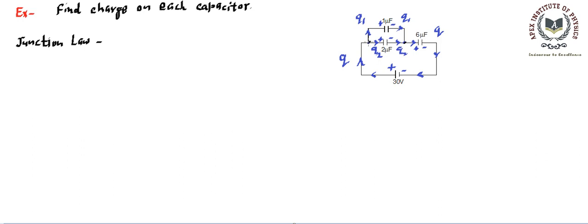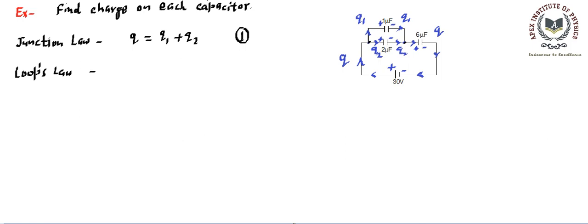Let's say at this junction, the incoming charge is Q and the outgoing charges are Q1 and Q2. So the equation becomes Q is equal to Q1 plus Q2. That's one relation that we are able to find using Kirchhoff's law, called the junction law. Then we will talk about the loop law, and there will be several loops that we will identify and write laws for. We need to know 2 more equations to get our answer.